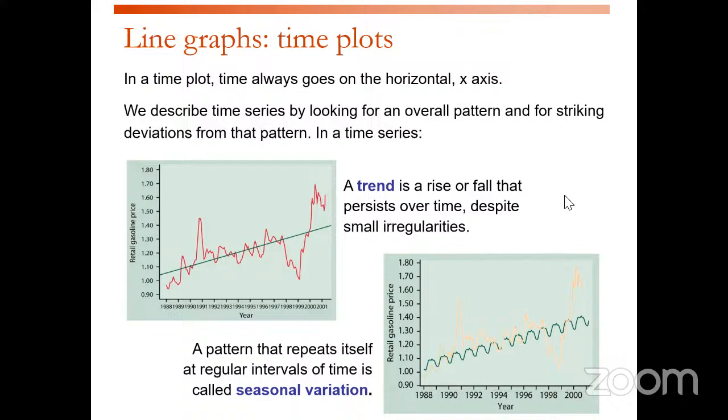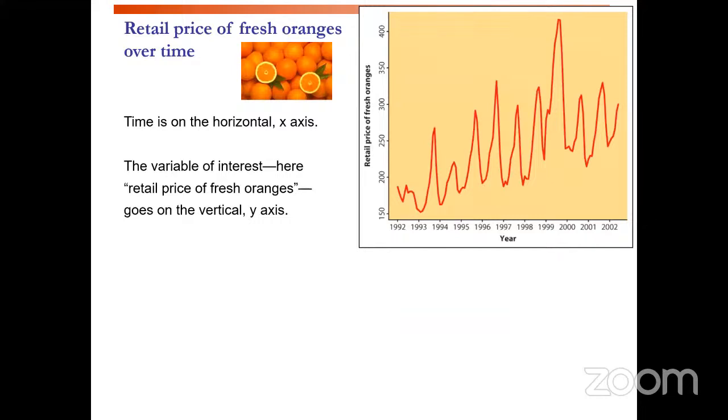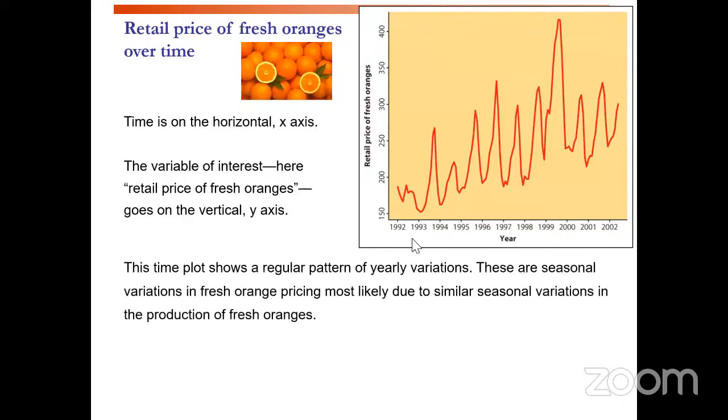Again, in this one, we can also find out the seasonal and cyclical variations if there are any. A pattern that represents itself at a regular interval of time is a seasonal variation. If it repeats within a year, then it is a seasonal variation. For example, if you present the retail price of fresh oranges over time, the time plot shows regular patterns of yearly variations, and these are the seasonal variations